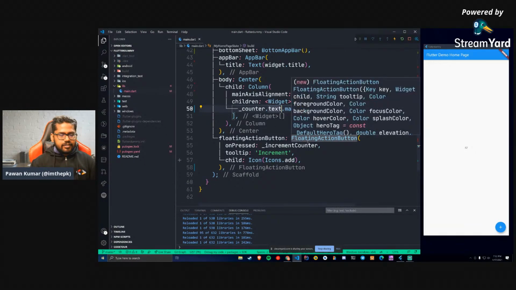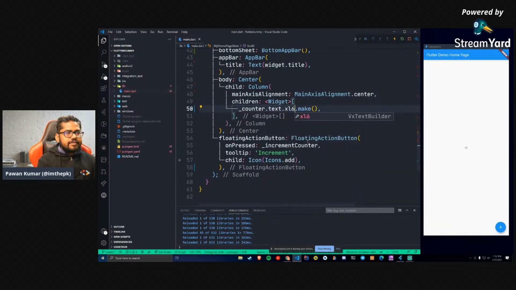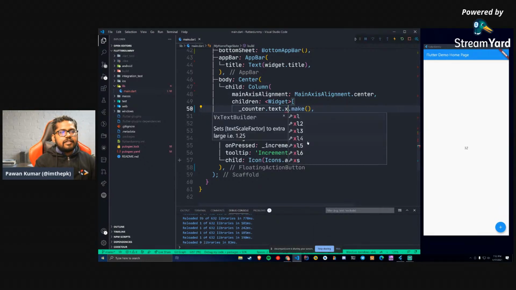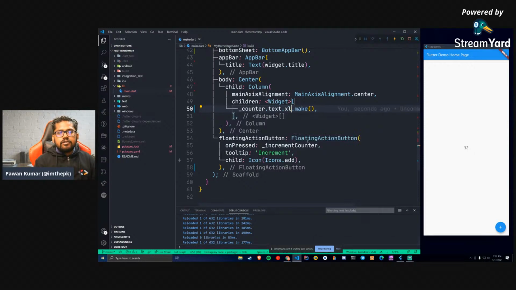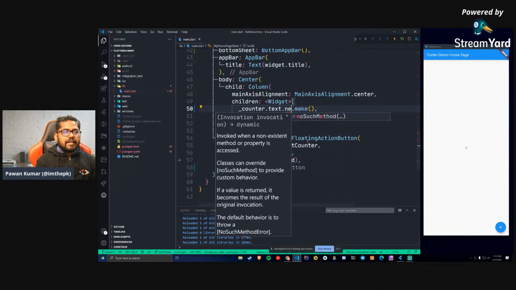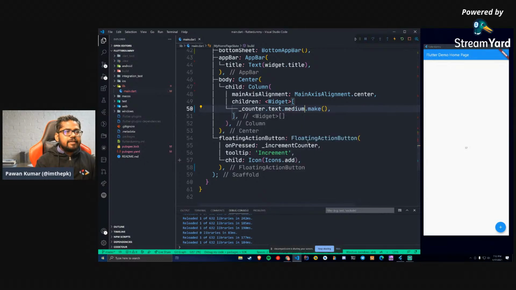After text, we can say, let's say, XL6, which means extra large size, or XL into 6. There is XL as well. You can see that there is XL2, there is SM, which is small, and there is medium, so you can just literally say medium.